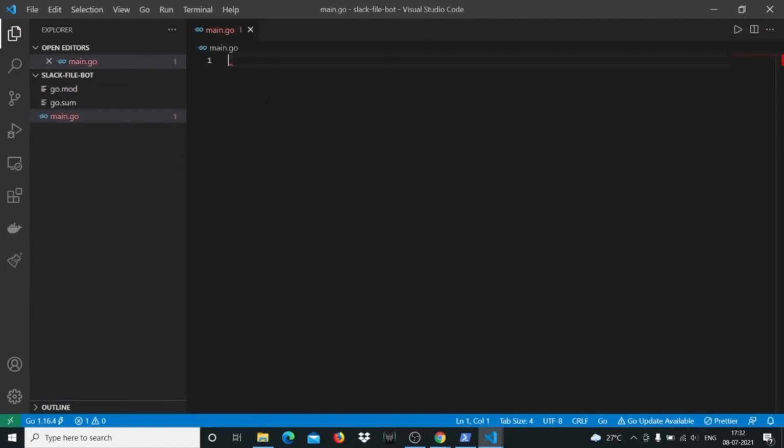Everybody uses it. So we are in our VS Code, and I've opened up a file called main.go, which is what the main file in a Golang program is called, in case you're new to Golang. And the first thing that you write in a Golang program is package main, and then you import some libraries, and then you have something called func main, right? So these are the things that are the most important in a